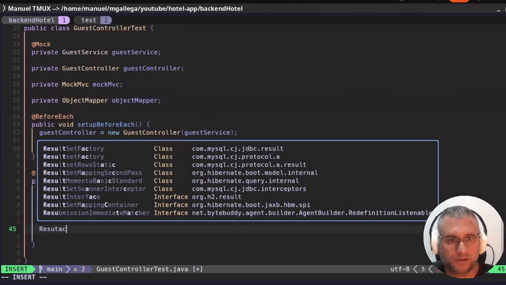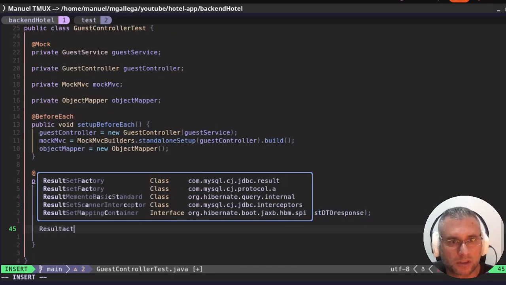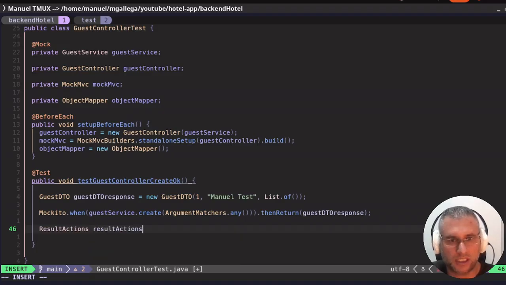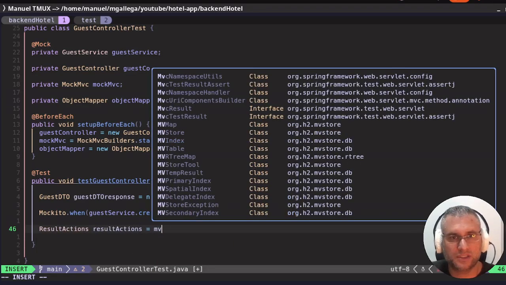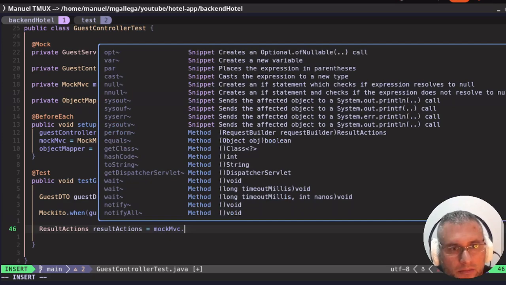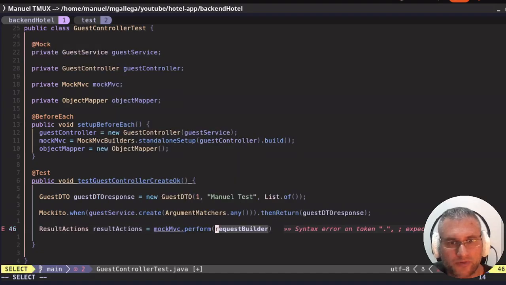Now I'm going to call here in the method this result actions from test web servlet, and result actions equal to the MockMvc object, that the method is this one that returns a result actions, perform. And here I need to define, let me check this method,